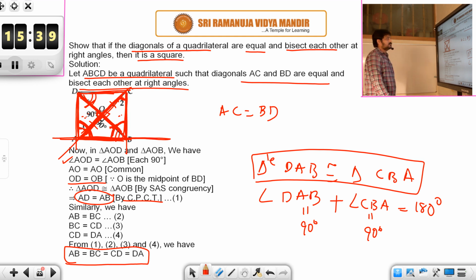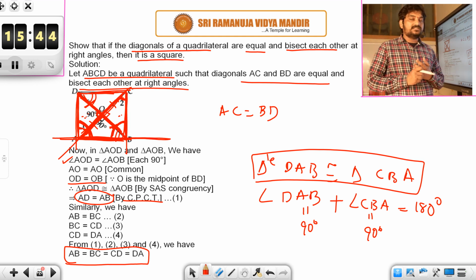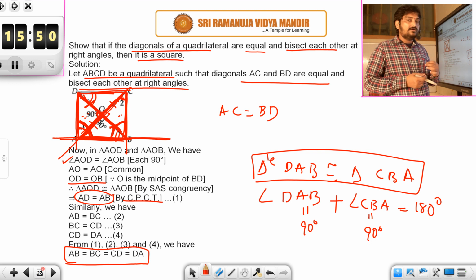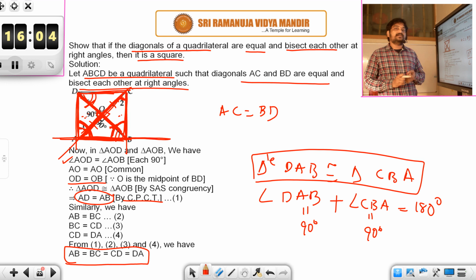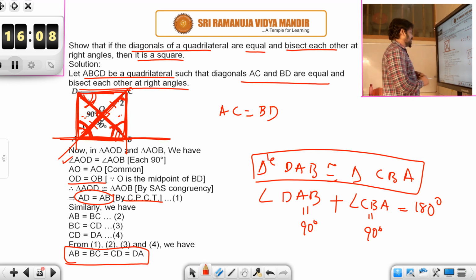Okay, see here, the nice property we are trying to use is, one thing we have shown is that the opposite sides are parallel by showing that alternate angles are equal. And then to show that each angle is 90 degrees, we are using the congruency we have shown, and then we have shown the two co-interior angles are equal, and then we are using the property that the sum of the co-interior angles in a parallelogram is 180 degrees, so each would be equal to 90 degrees.